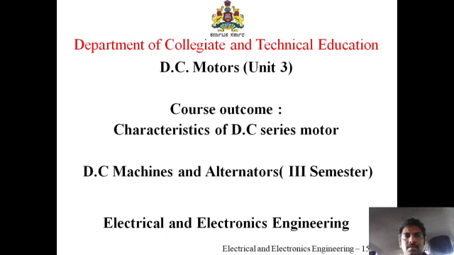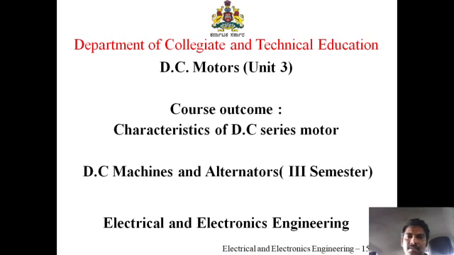Hello, in this particular session, let us discuss the characteristics of DC series motor. In the previous session, we have studied the characteristics of DC shunt motor. In that, we have seen three characteristics: the torque current, the speed current, and the speed torque characteristics. So here also, in a similar way, we have to discuss three types of characteristics in case of DC series